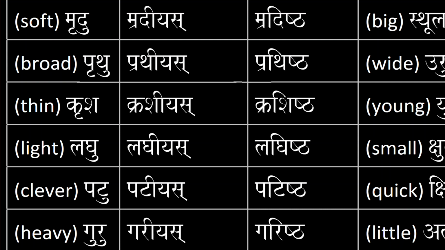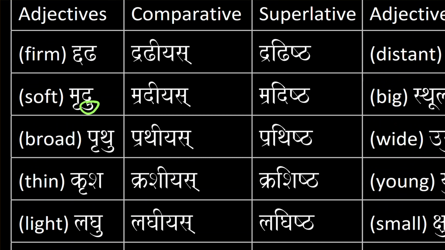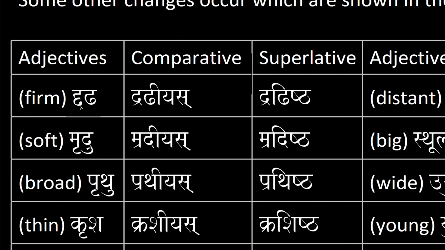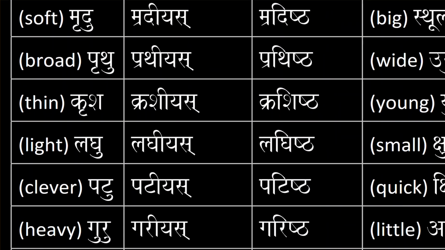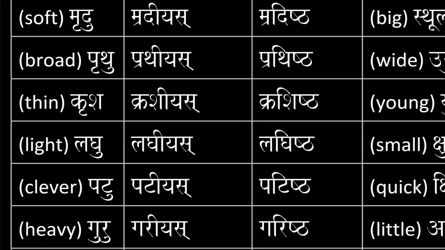Notice how the final vowels are being dropped, and then you're adding your iyas. So in that case, there's not going to be a sandhi rule that applies after you're adding your iyas or your ishtha. Now for thin, you have krisha, and then you end up with